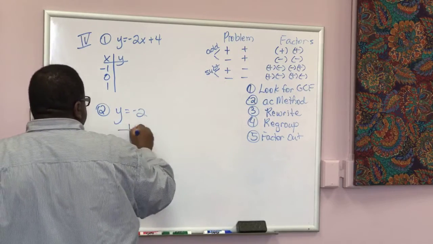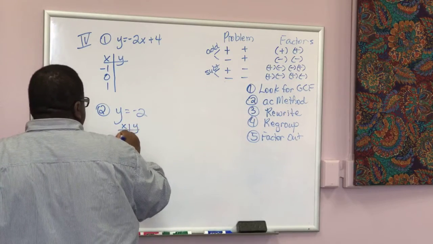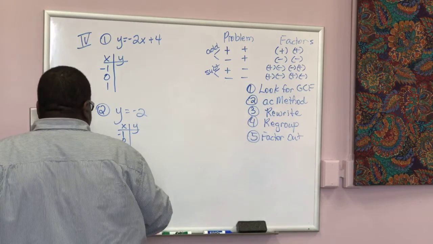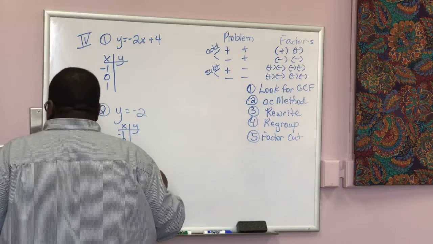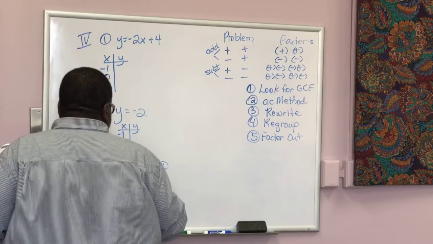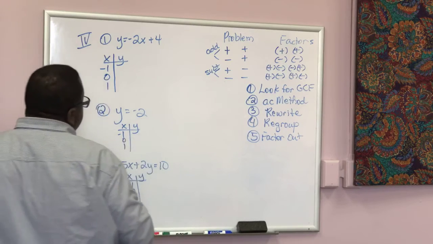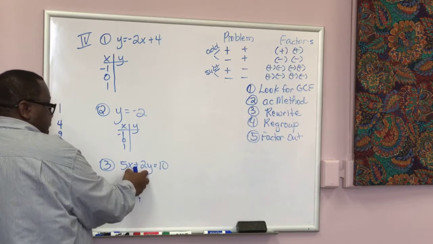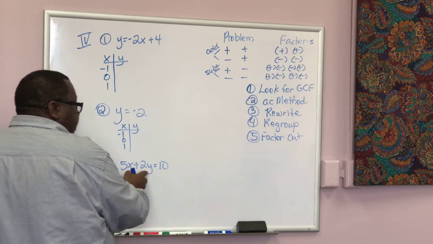But you can use -1, 0, 1. Then for number 3, since it says 5x plus 2y equals 10, if you want to, you would say -1, 0, and 1. But for this problem, since the variables are on the same side of the equal sign, I would rather you